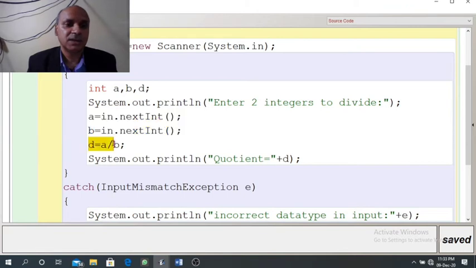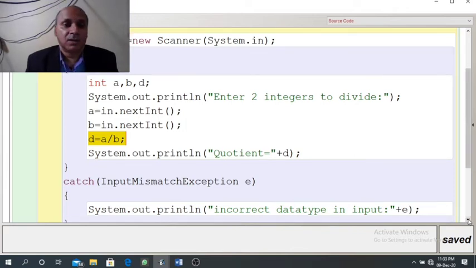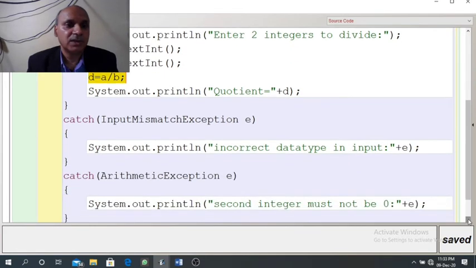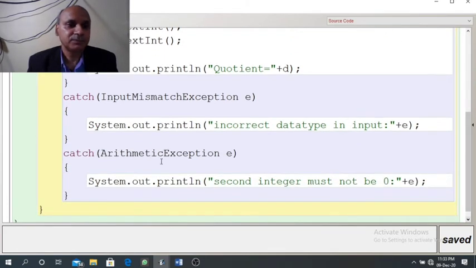Second reason of runtime error can be when the second argument is 0. So programmer has to know in which situation runtime error can appear. Accordingly, he has to plan his program. So there are two reasons of runtime error. One during taking input, second during processing. So here we need to create two catch blocks.